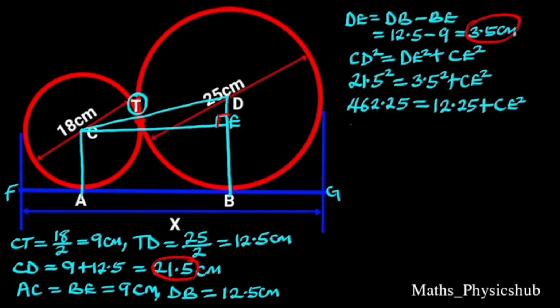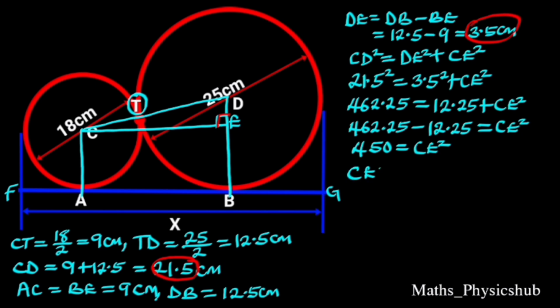So that 462.25 minus 12.25 equals CE square. 462.25 minus 12.25 is 450, so 450 equals CE square. Taking the square root of both sides will give us CE equals square root of 450, which is approximately 21.21